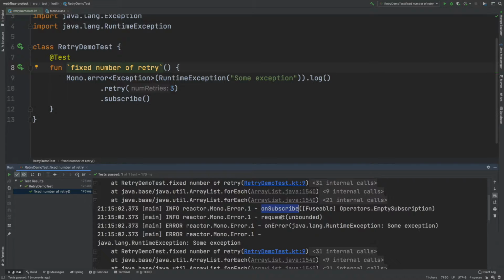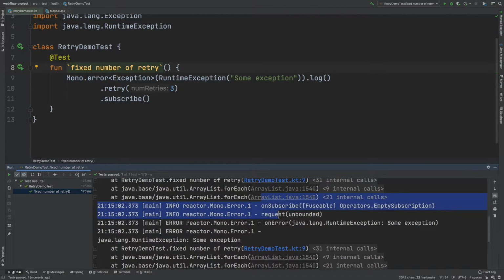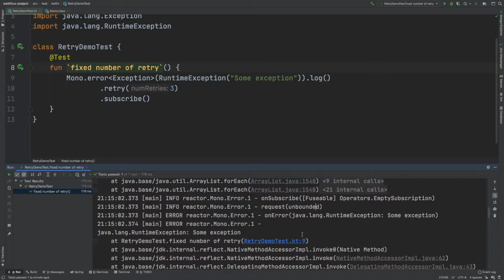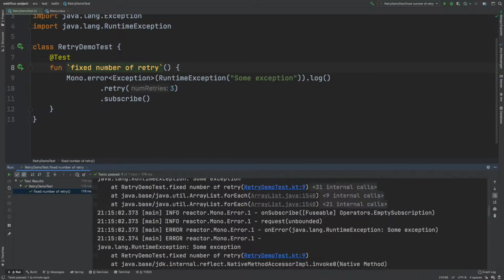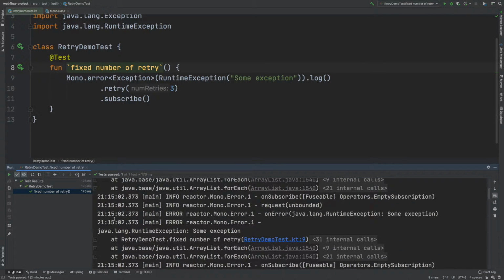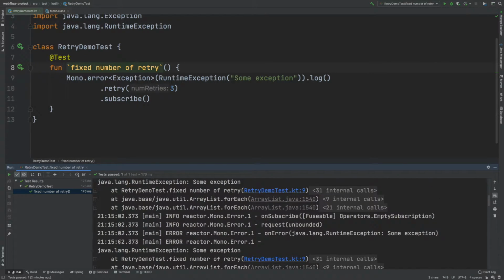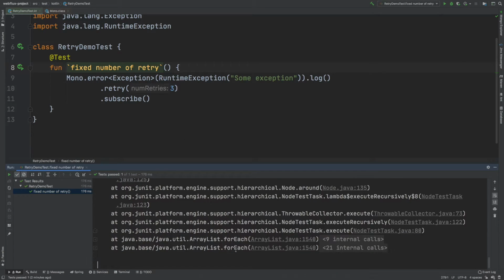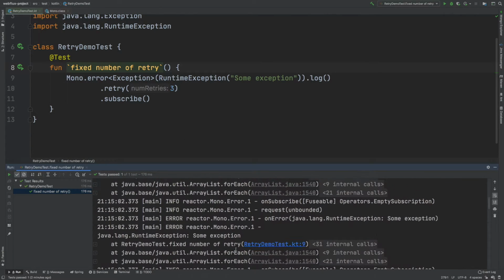If you see, the onSubscribe, request and onError have happened again, and similarly it has happened for 3 more times. So here we can see that it has tried 3 times, and we don't have much delay between multiple retries. It immediately retries to get a success response, but after 3 retries it gives a stack trace which basically says there is some error.